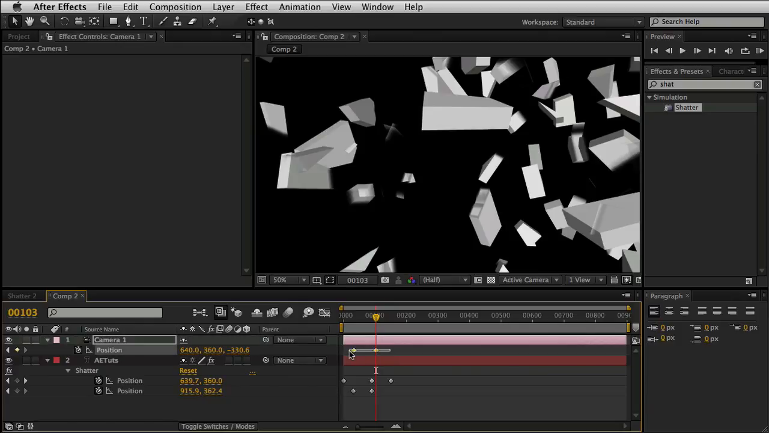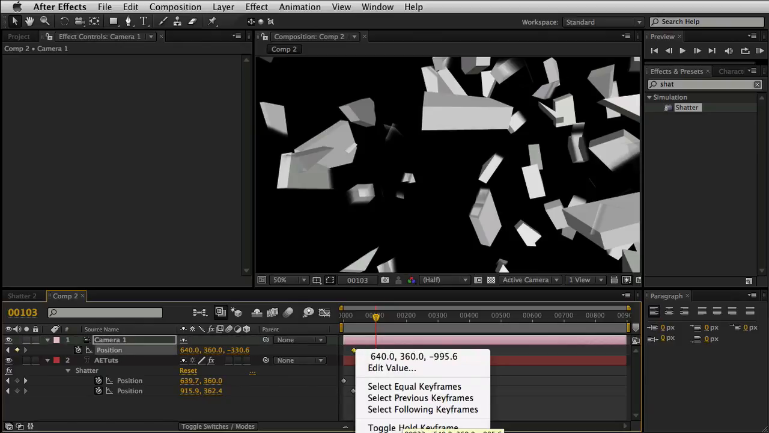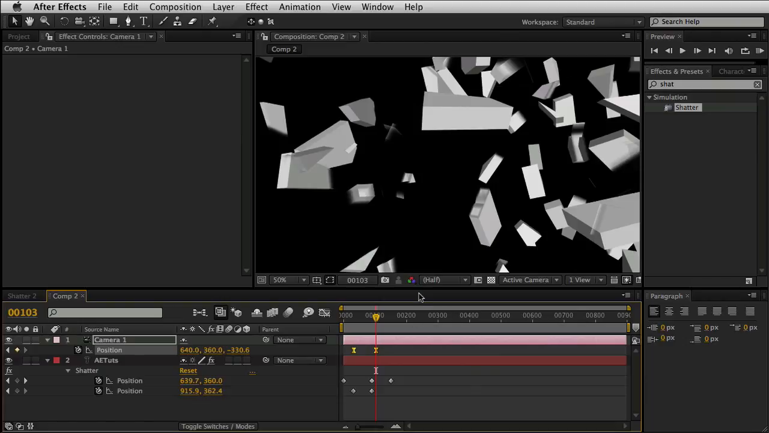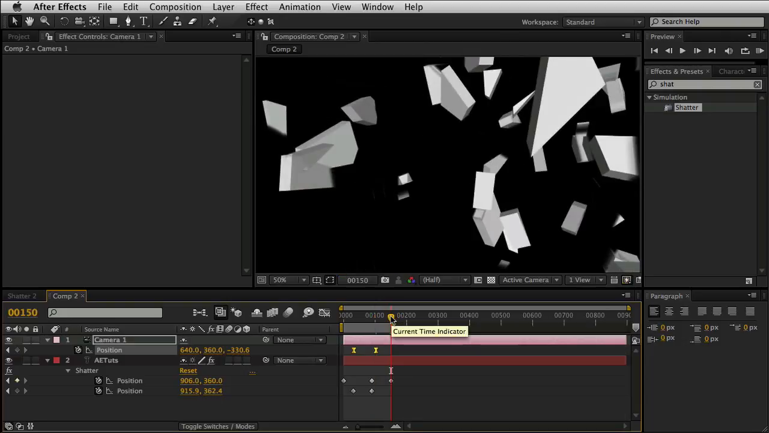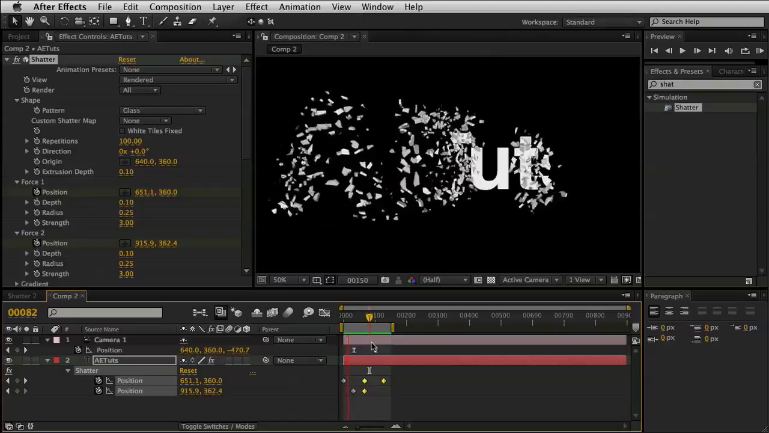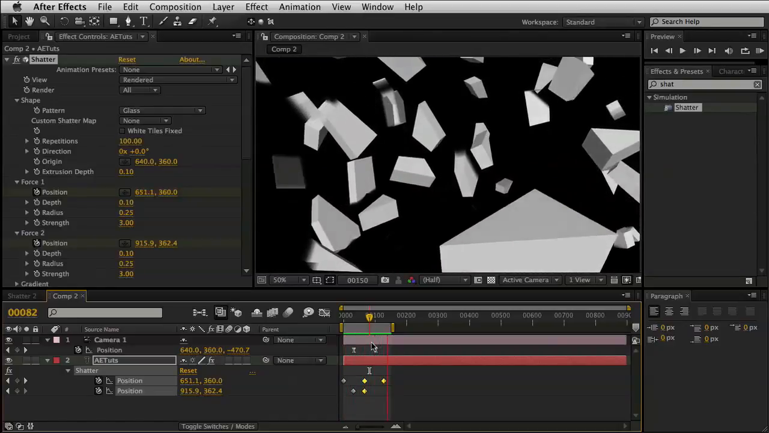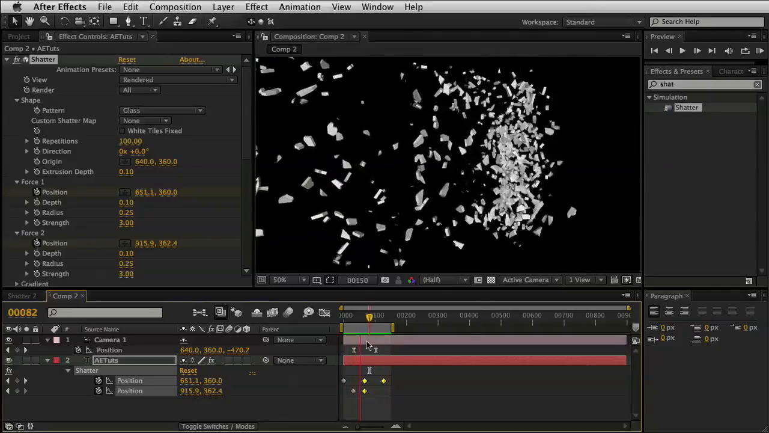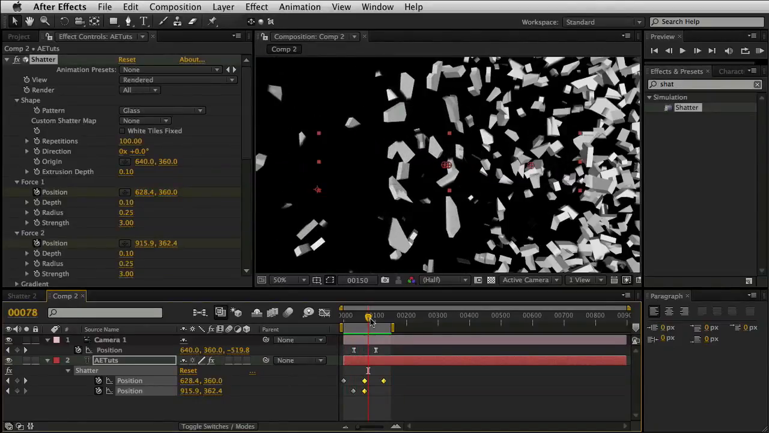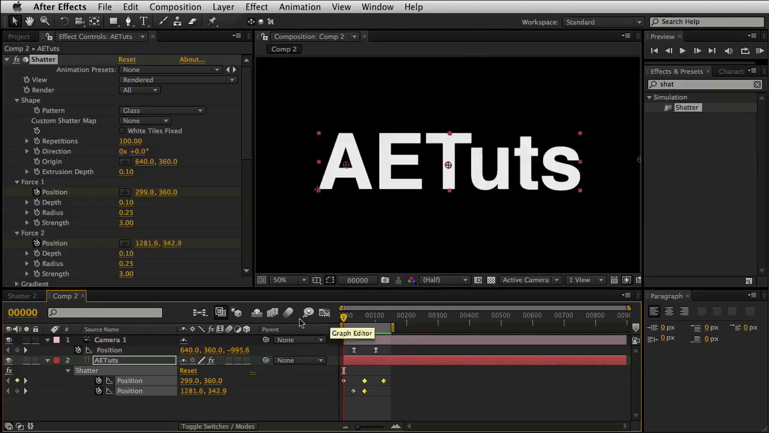Put easy ease. Sorry if it goes off the screen there, but I just hit easy ease there. Okay. And let's do a quick RAM preview. And there you go. That's the shatter effect. Now, as far as everything else I did on this, there's just a quick few things